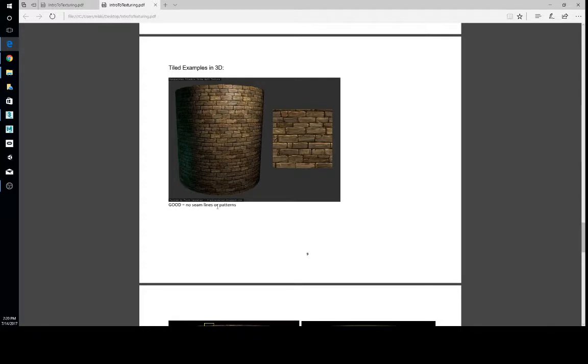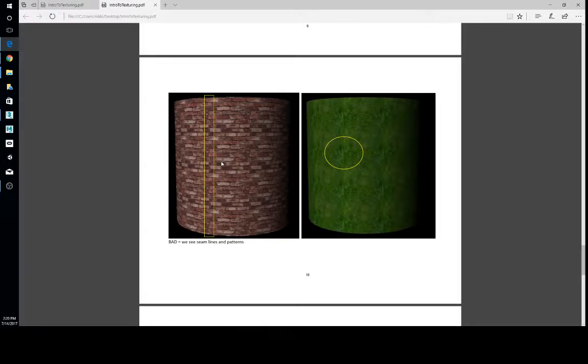Right? So no seam lines or patterns. That's a good thing. That's what we want. Okay. Tiled textures that aren't so good. This would be an example